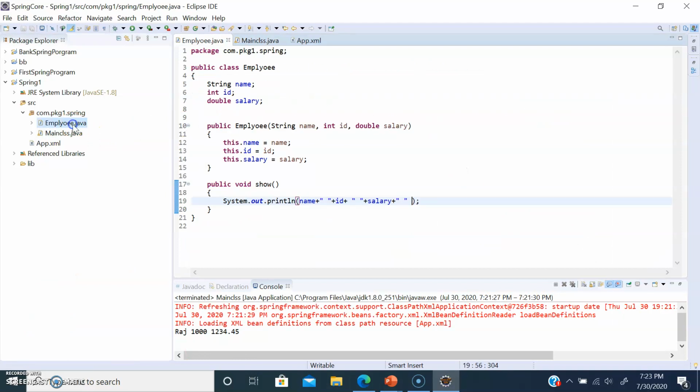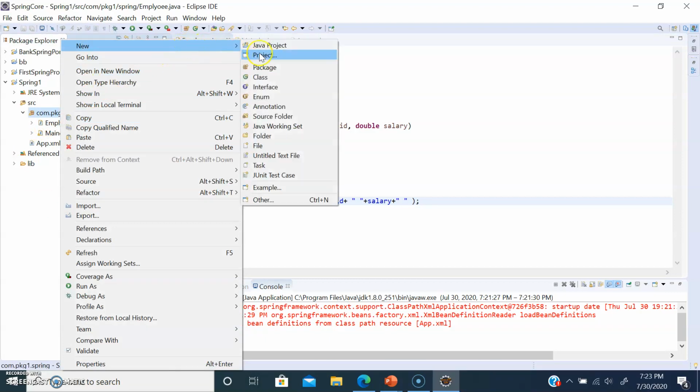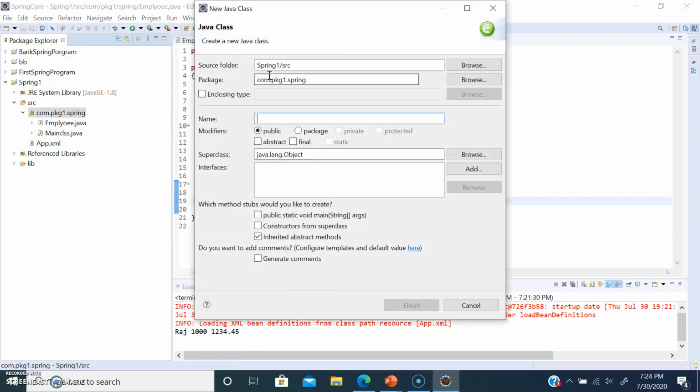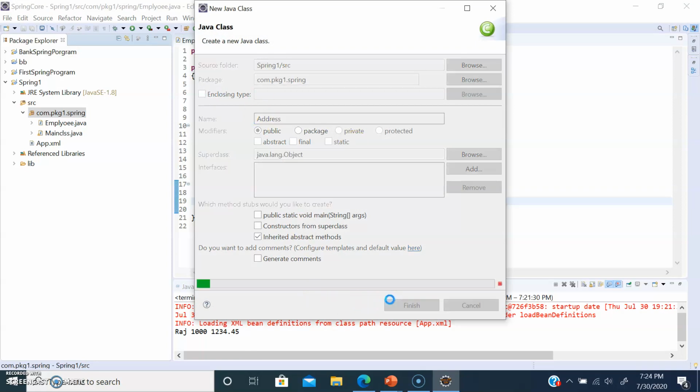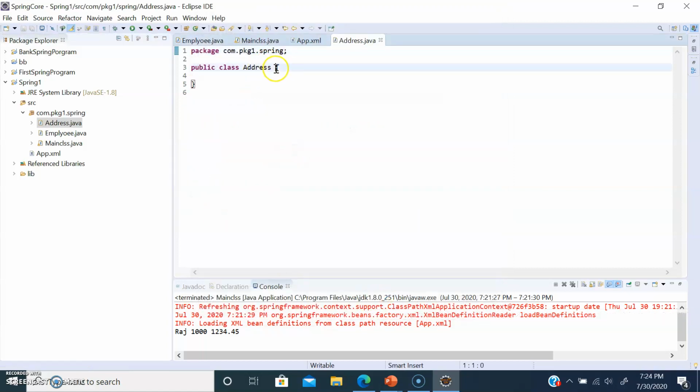Okay, we already created an Employee class. So let us go and create another class called Address. And then let me take the pin code.